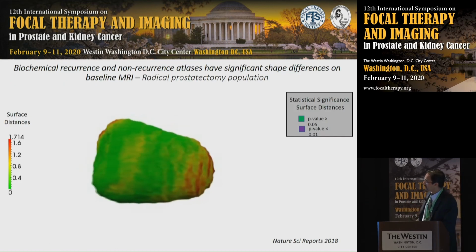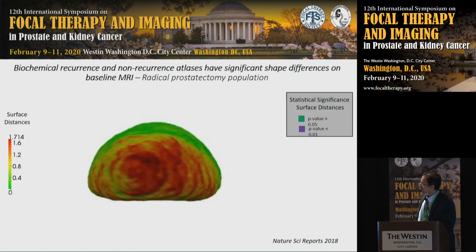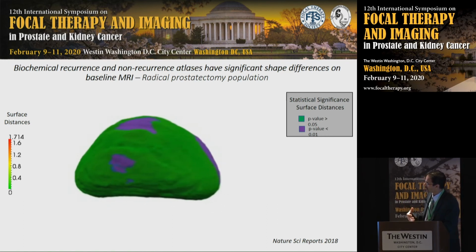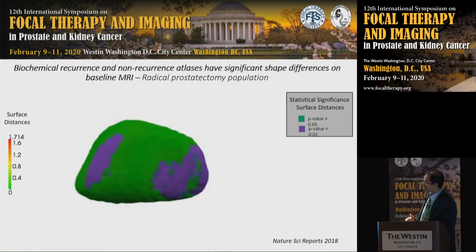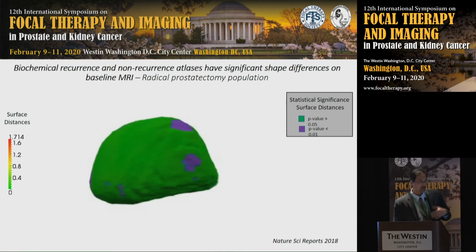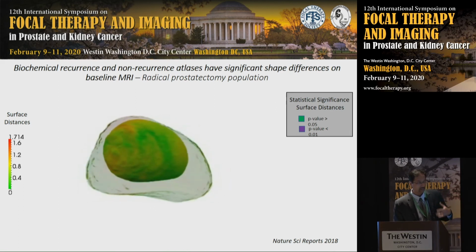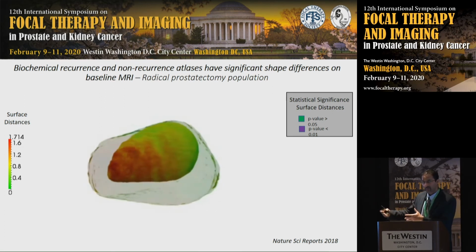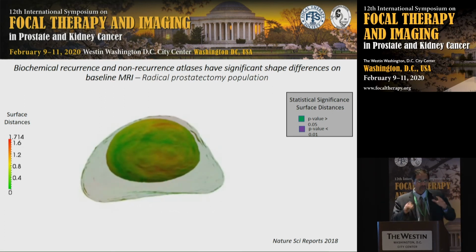One of the other features that we've also identified appears to have to do with the shape and the distension of the capsule, as well as the transitional zone. So this was a study that we conducted and reported on a couple of years ago, where we looked at a series of MRIs from patients who went on to biochemical recurrence following surgery, and then looked at another cohort of patients where the men did not progress to have biochemical recurrence. We created